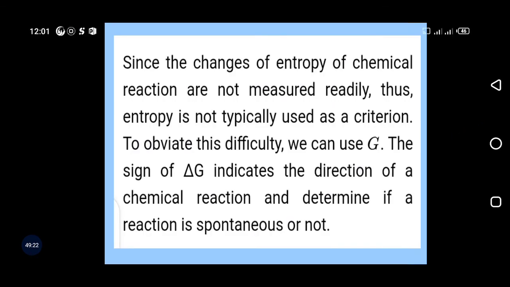Since the changes of entropy of chemical reactions are not measured readily, entropy is not typically used as a criterion. To obviate this difficulty, we can use G. So delta G is the major thing that can actually tell us if a reaction is spontaneous or not. The sign of change in free energy, which is delta G,